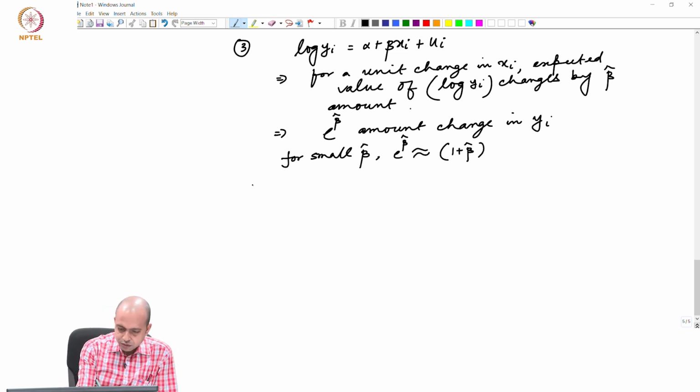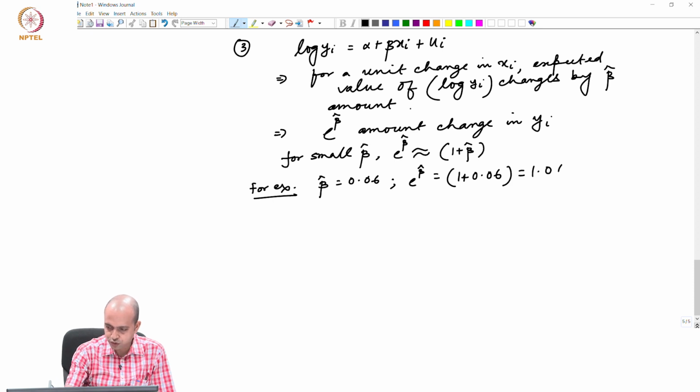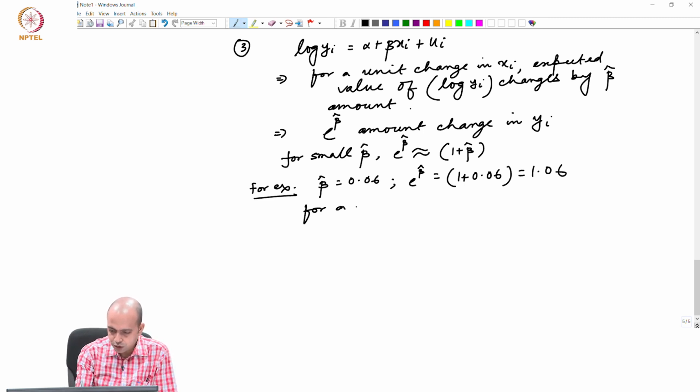For example, let us say beta hat is 0.06. So, this implies e to the power beta hat equals 1 plus 0.06, which equals 1.06. So, that means we can say, for a unit